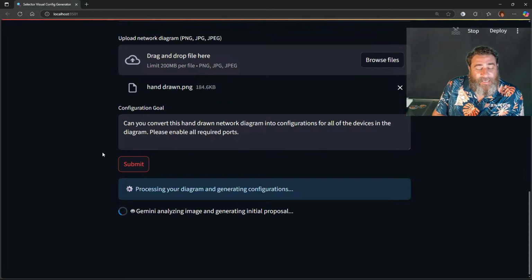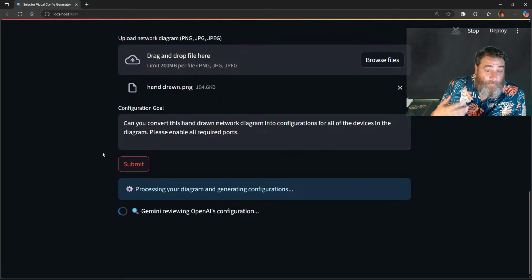So someone came up to me in Atlanta at the Atlanta event I was at and said, do you think you could take a napkin diagram and convert it into config? Now, there's already videos out there. I've already done all the videos on that. And I actually use PyATS to then push it to the network device. For a public tool,